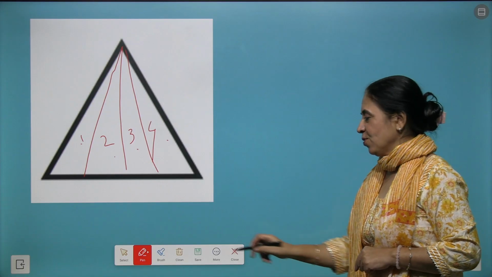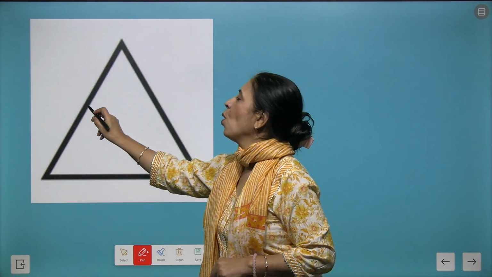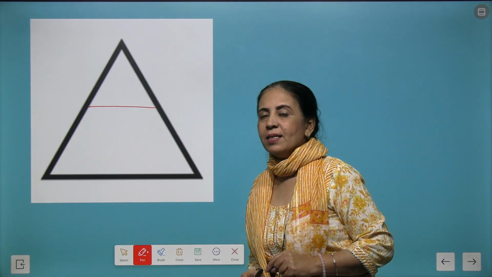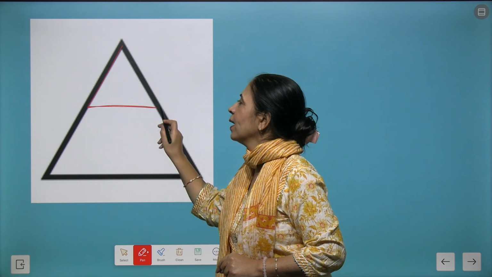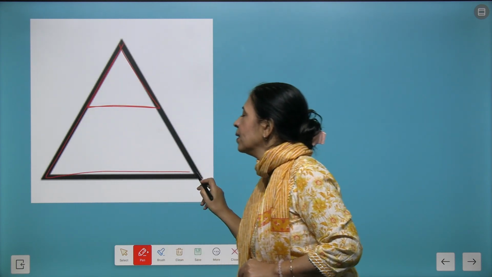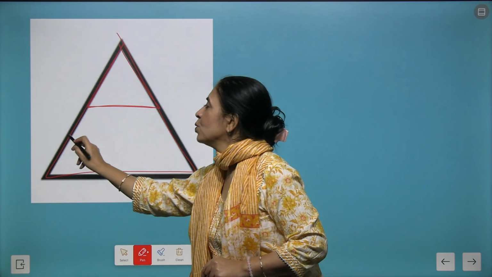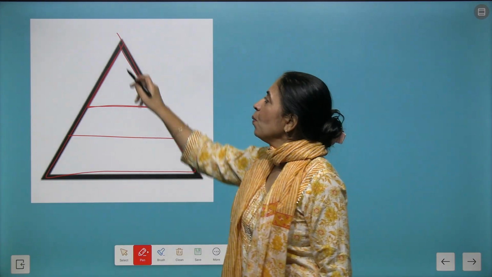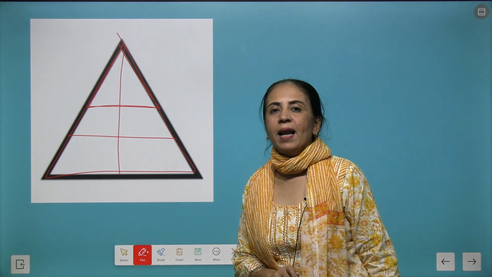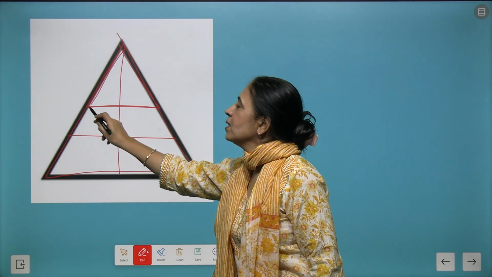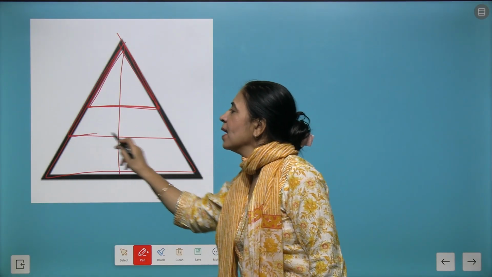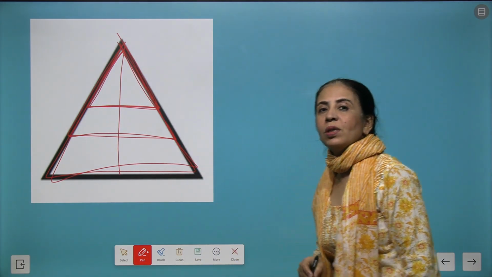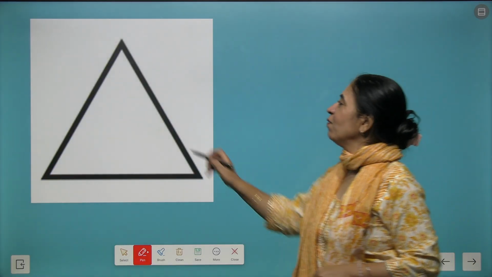Wow, that's really interesting. Now if I draw horizontal lines, this horizontal line tells that we have 2 triangles. This is the first one and this is the second one. If I draw 2 horizontal lines, we get 3 triangles. And what if I divide it like this? So we get, here we have 3 triangles, another 3 triangles and another 3 triangles.